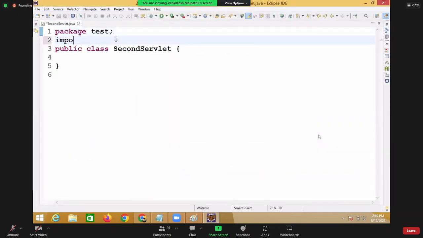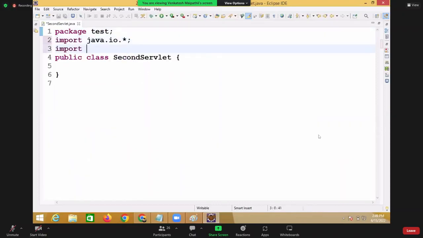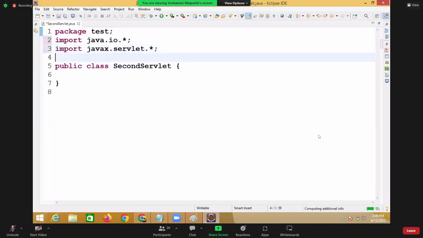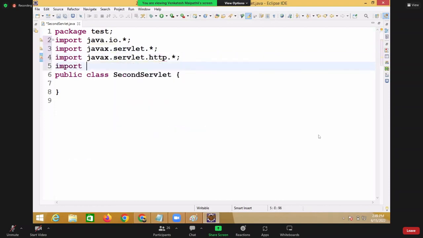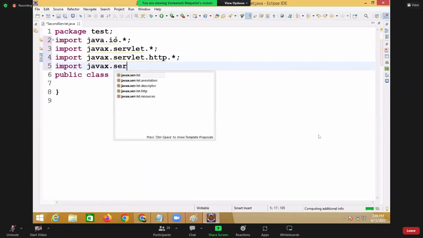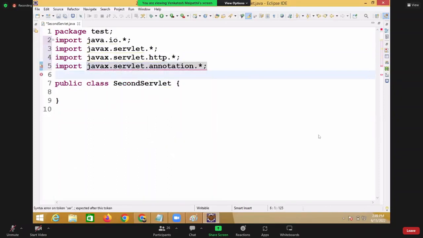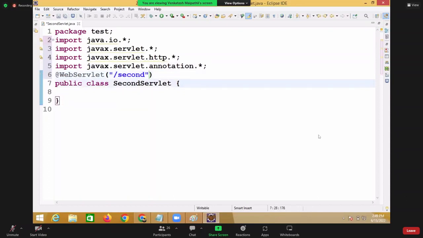So here import java.io, import javax.servlet, import javax.servlet.http, import javax.servlet.annotation. @WebServlet("/second"), running on URL pattern second,